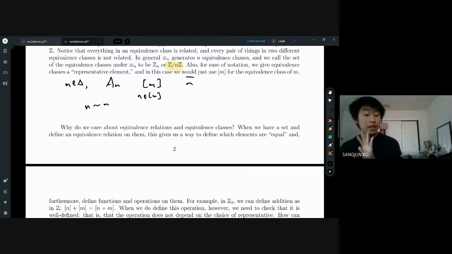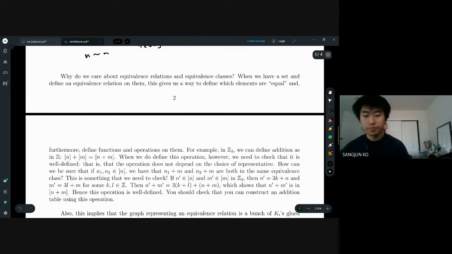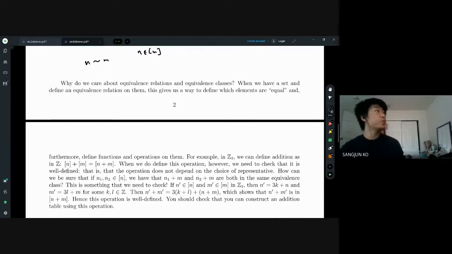Furthermore, it gives us a way to define functions and operations on them. Let me give you an example. In Z3, we can define addition similarly as in Z. We're going to be adding equivalence classes together. But the problem is,